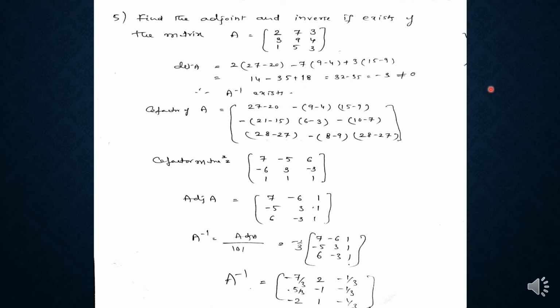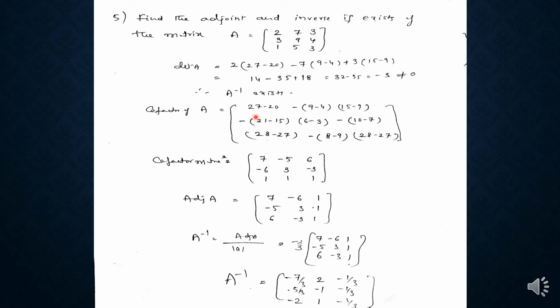So this shows that the given matrix is a non-singular matrix, so its inverse exists. So A inverse exists, we can find the inverse. For that we are finding the adjoint. To find the adjoint, we have to find the cofactor matrix. Cofactor matrix means finding the cofactors of each and every element in the matrix and keeping them in the places of the respective elements, and we will get the cofactor matrix.